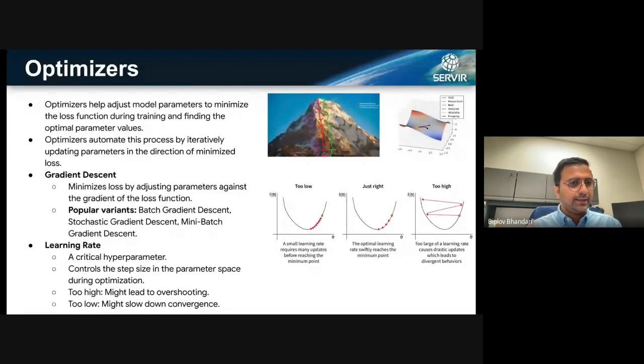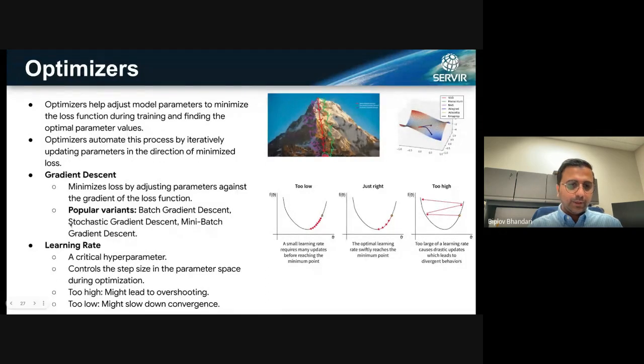There are various variants of gradient descent. A batch gradient descent is where you give all your data to the network at once, and it computes the gradient of the loss on all the data that you have. Batch gradient descent might be really useful if you have a smaller set of data. But if you have a large set of data, which in machine learning you usually have, it's not a good idea to give it all at once, because you don't have the computational power to calculate it, and the training is very, very slow.